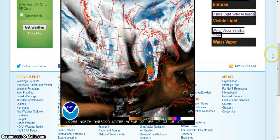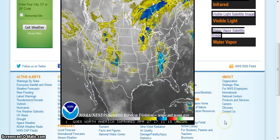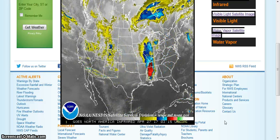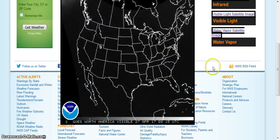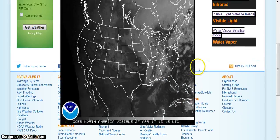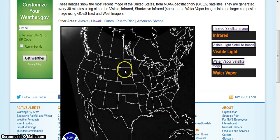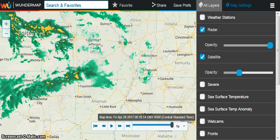Okay, let's, just for the heck of it, look at infrared for the past 24 hours. Oh, that didn't have anything show up. Okay, let's see what else we can find. So just out of fairness, we'll also do the visible light that they have available here. There's 24 hours. And it's difficult to see if there's anything going on, but there's not an obvious flash that I'm seeing on here. So here I am on Wonder Map,